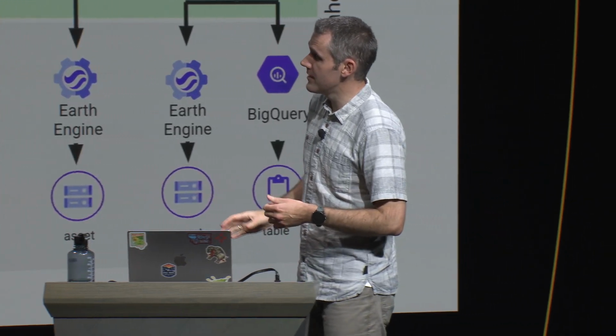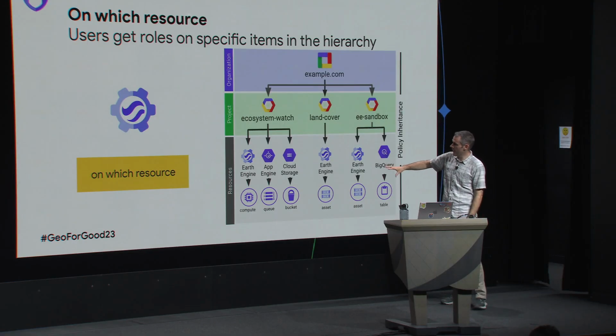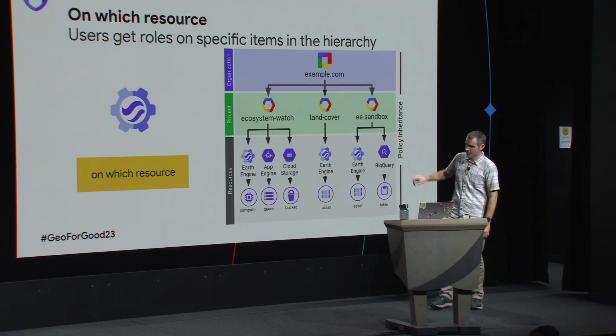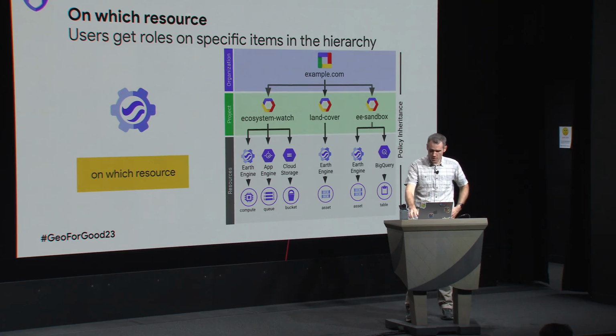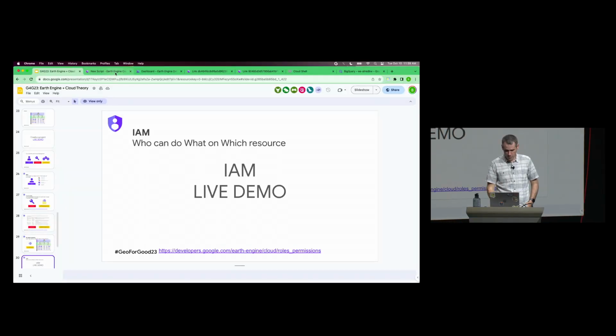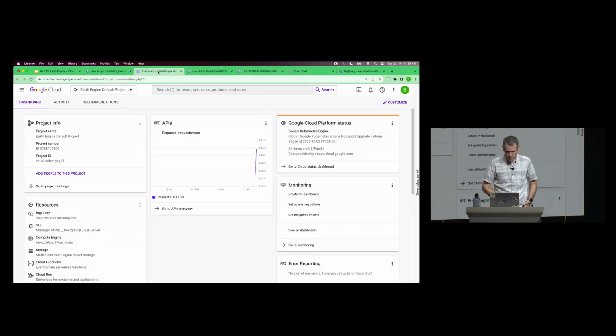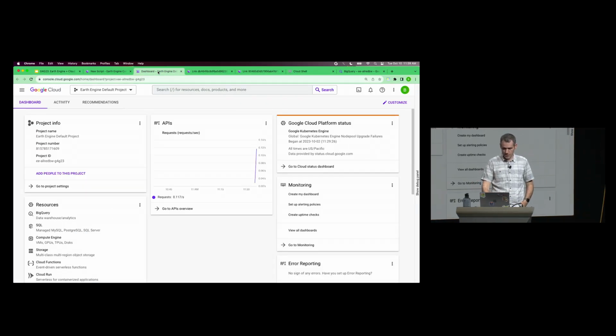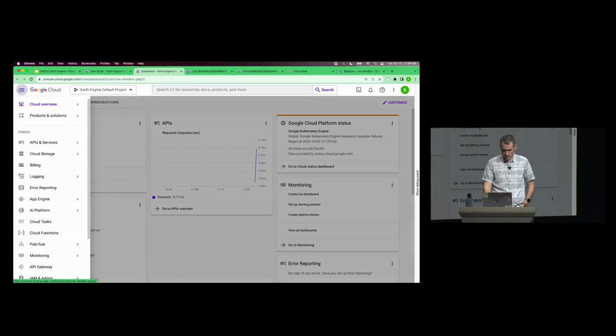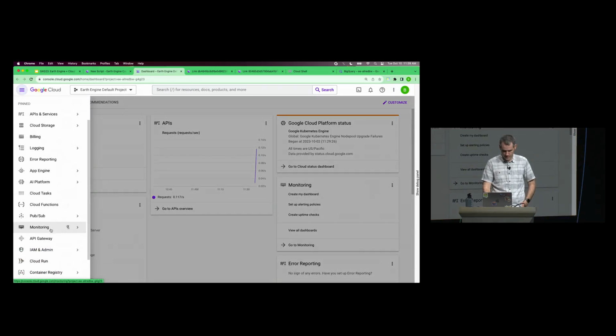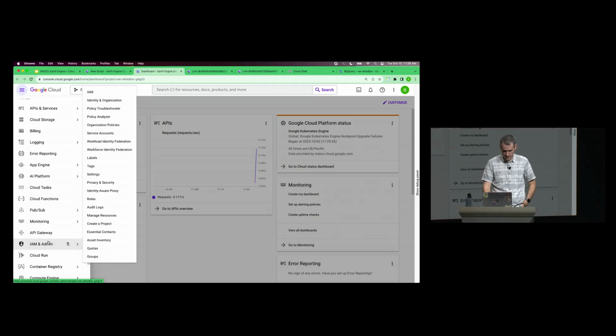Once you define the specific role, what we're talking about, what they can do, then you apply that role to that specific service. So I'm going to walk through a quick little short demo here to do that. I'm going to go back to this new project that I just created. I'm going to go over here to Identity Access and Management,